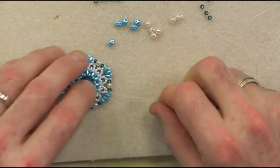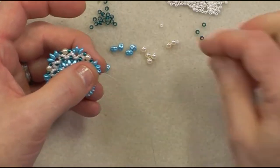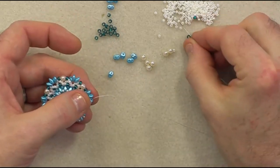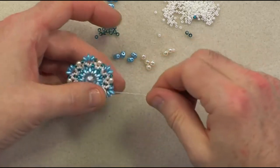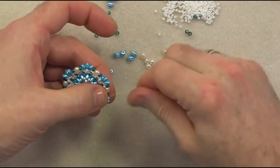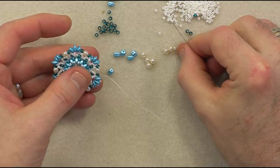And then you can see what that does. It's brought all of this together and it's kept it nice and strengthened and structured around the outside. So we'll just keep doing that until we get to the outside. So 11-0 up to the super duo. Then we'll fill the 2 gaps. I thought about filling these gaps with an 8-0, but there's just not enough room. It was too bulky and they were protruding quite a bit. So, I think because we had 11-0s on the interior, it's nice to finish off the exterior with the 11-0s as well. So I'm just going to continue filling in the gaps with the 11-0s